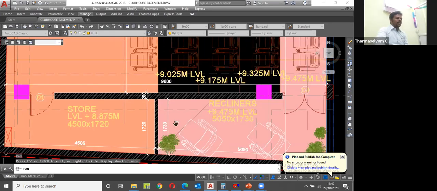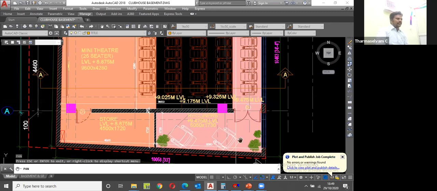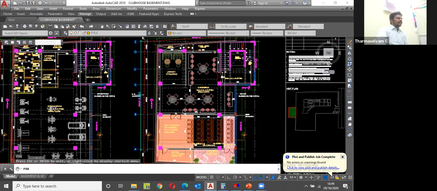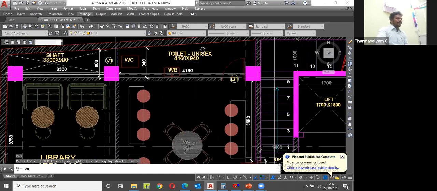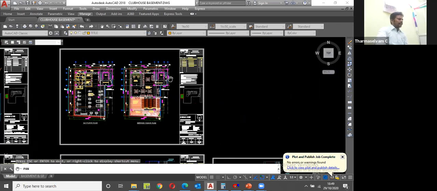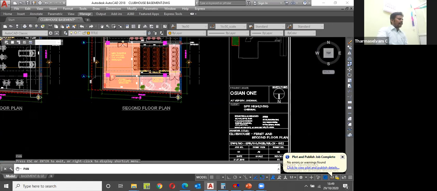That is for break time, where they can go for their lunch or restroom. Then this is the theater, cafeteria. I am going to do the air conditioning. This unisex toilet is for ventilation. Next, move on to the second floor. Sorry, this is the second floor. Let's move on to the other floors.